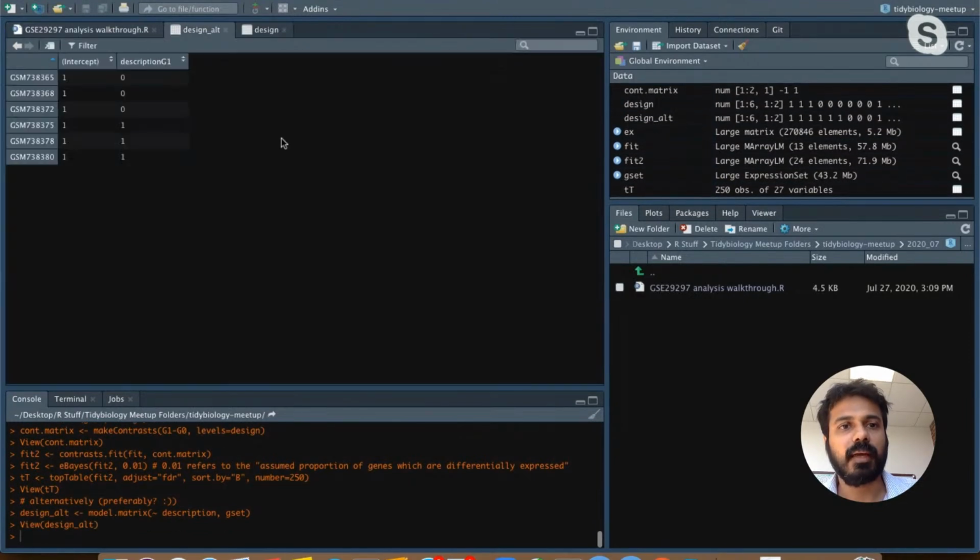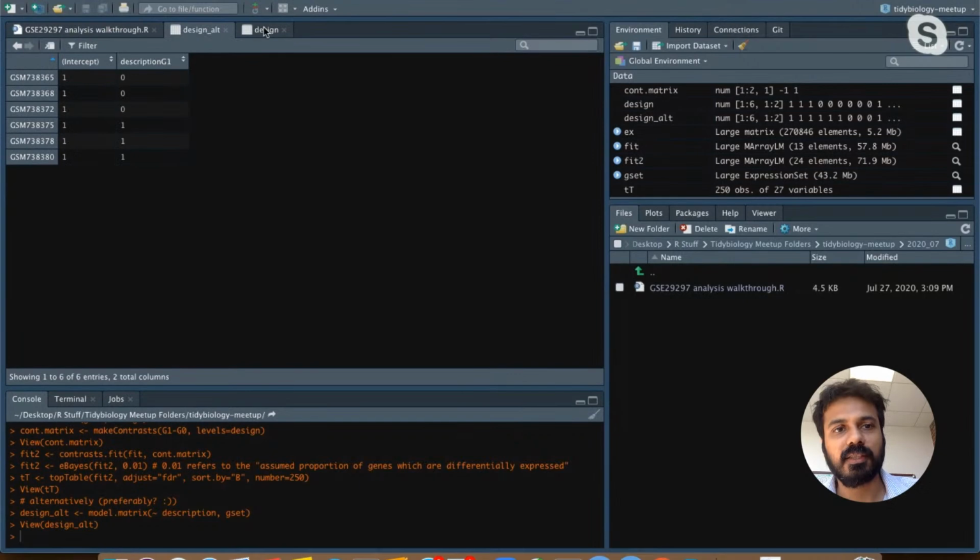So if we take a look at that and compare it to design, this is what it looked like. It had a 1 for all the samples that belong to group 0 in column 1, and it had a 1 in column 2 for all the samples that belonged in group 1. If we look at DesignAlt, it's a slightly different look. It has the values for the intercept and the values for the